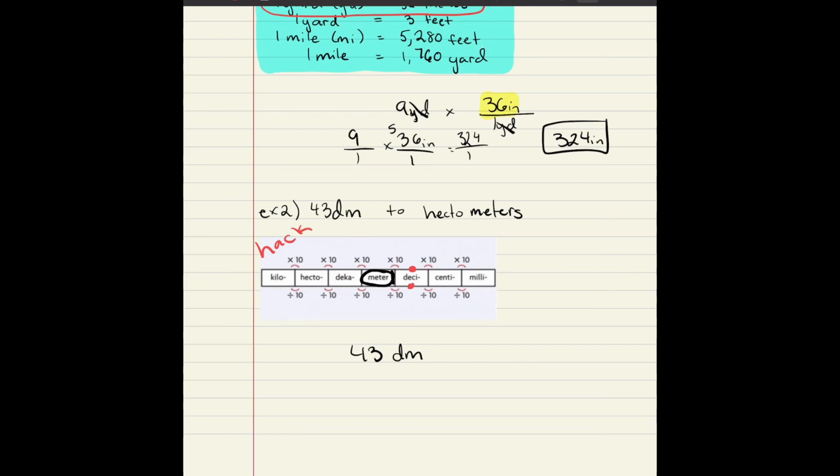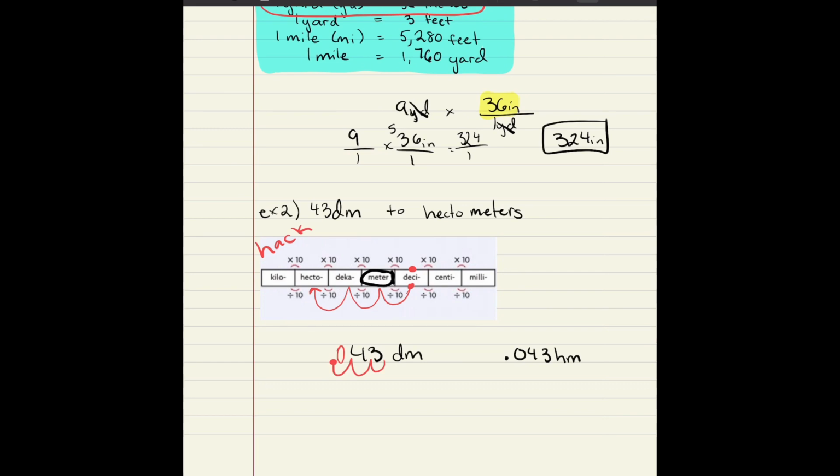So then, if I'm going from decimeter to hectometer, I would go 1, 2, 3. And I'm jumping to the left. So my number is getting smaller because I'm dividing by 10. Each jump is a division by 10. So it's 1, 2, 3. Now my decimal is here. I just add a 0. So my final answer would be 0.043